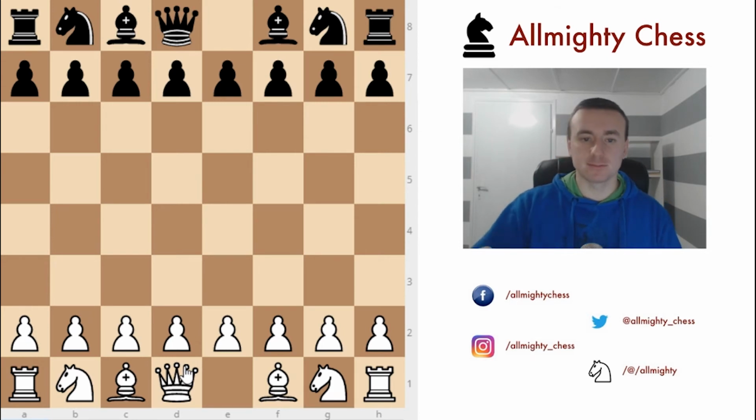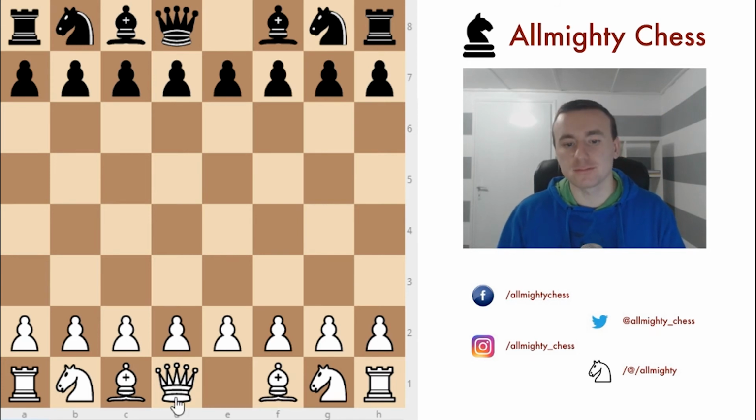But sometimes when you're, for example, playing with your friends, you play a game and then you want to play another game, and for example in this other game you are black and he is white, and in order not to flip the board, you keep it as is, but you have to remember to put the white queen on the light square and the dark queen on the dark square. I'm emphasizing this because I know as a beginner this was the most common mistake made when setting up the chessboard. Okay, so as I've said, queen is valued at 10, and in the end we have a king,